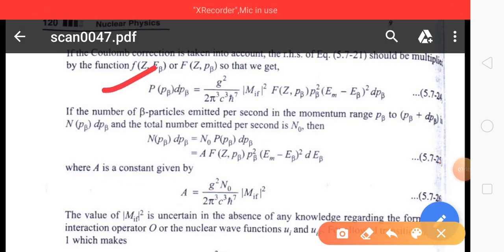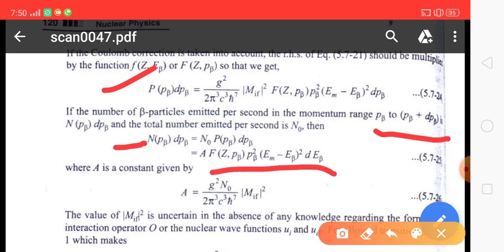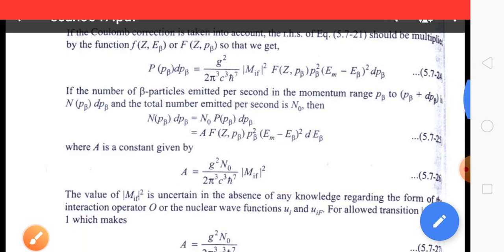So please note down the equations. If the number of beta particles emitted per second in the momentum range, and the total number of emitted particles per second is N naught, then the momentum distribution can be written like this. Please note down, where A is a constant given by A equals